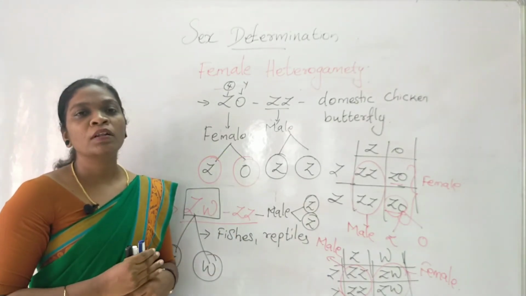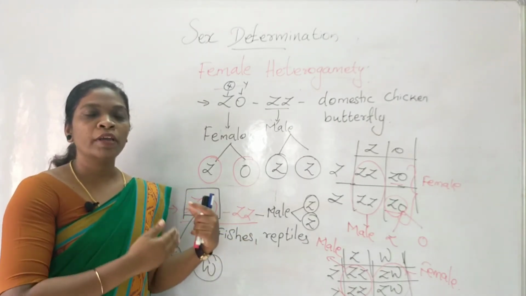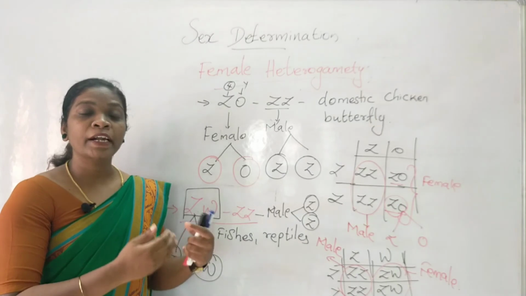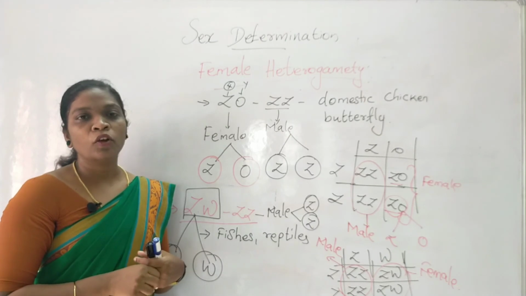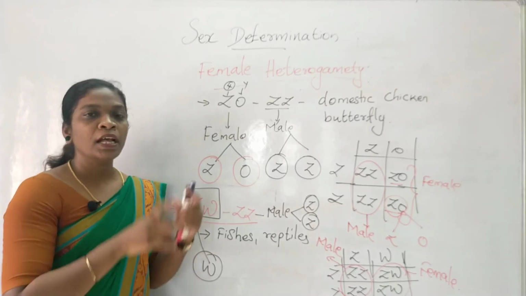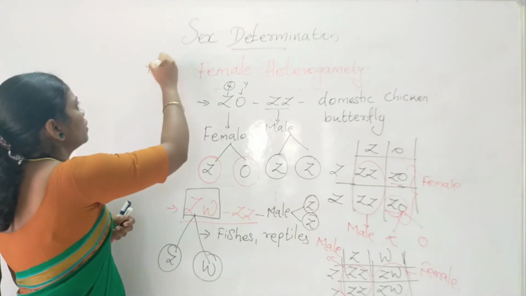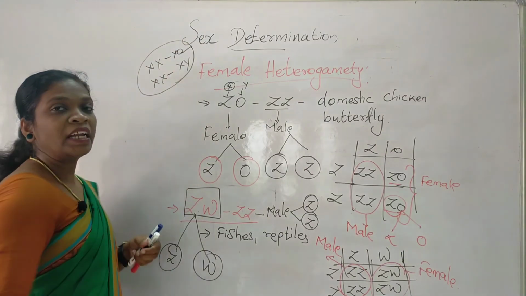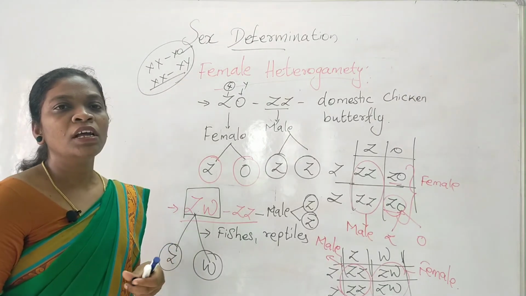We learned about the chromosomal basis of sex determination, and we divided them into two categories: heterogametic male and heterogametic female. In the heterogametic male, the male exhibits heterogamety, where the male will produce two different chromosomes. The female will be the homomorphic sex, where she will produce the same type of chromosome. The heterogametic male mechanism we have seen as XX, XO type and XX, XY type. The first type you can find in some of the cockroaches and bugs, and the second type you can find in humans and Drosophila.